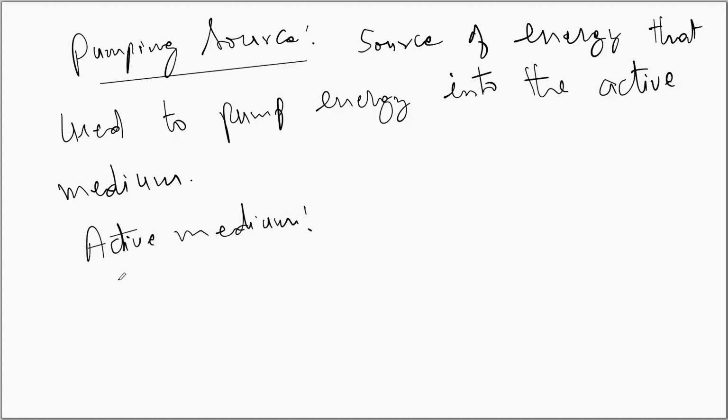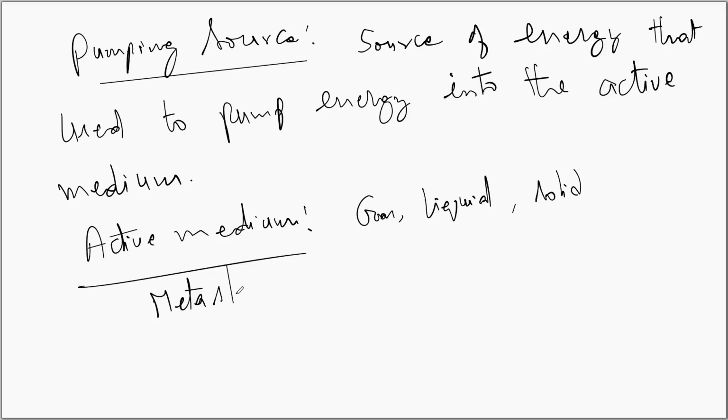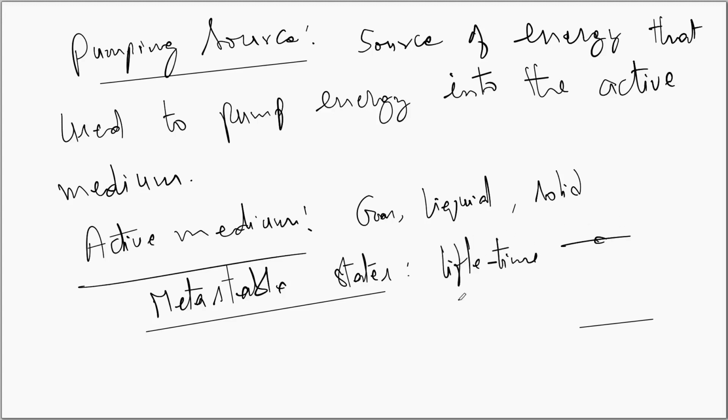Active medium. Just similar to the way we have the transistors that are active elements in an electronic circuit, here also we need a medium that could be a gas, a liquid, or a solid. Within the active medium, we can have the metastable states. While discussing the three quantum processes, we have said that the electron that has gone to the excited state will remain there for a very small duration, which is called the lifetime. We have also said that the lifetime will be about 10 power minus 15 seconds or 10 power minus 12 seconds. There will be some excited states